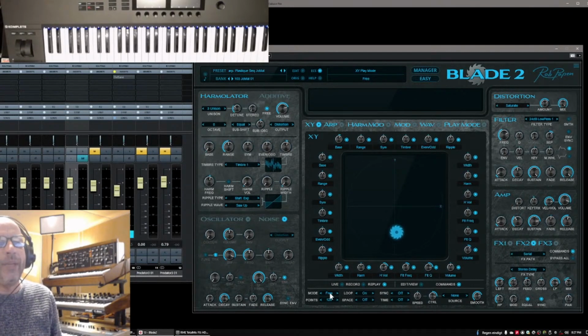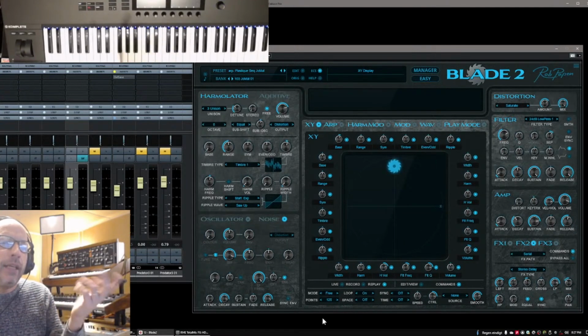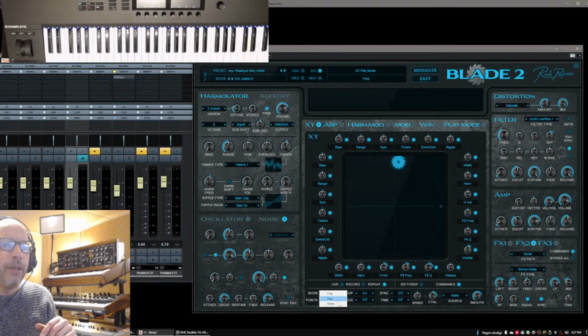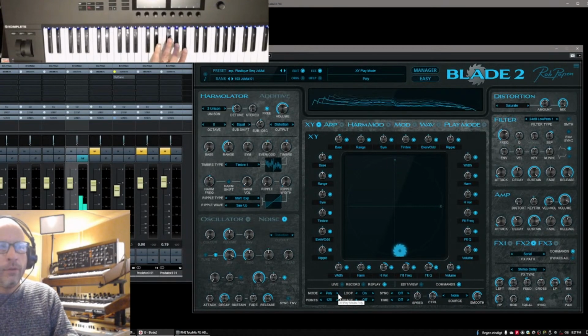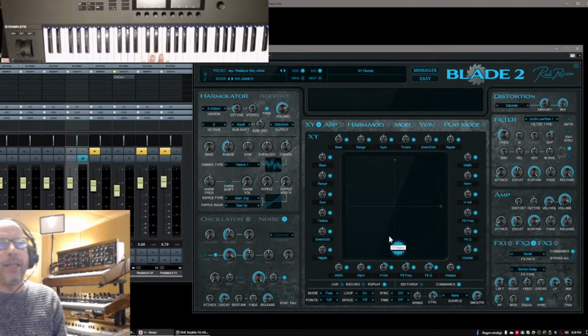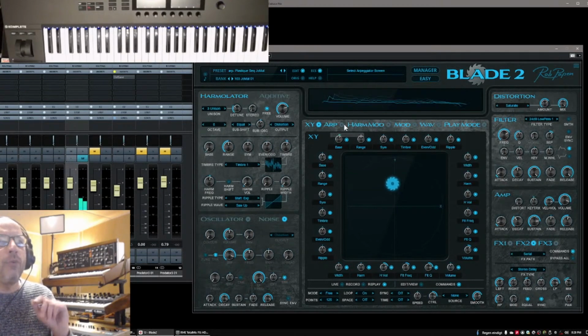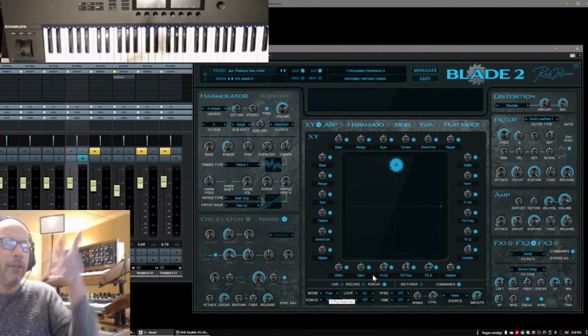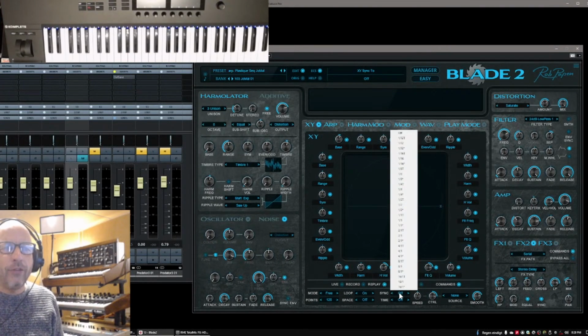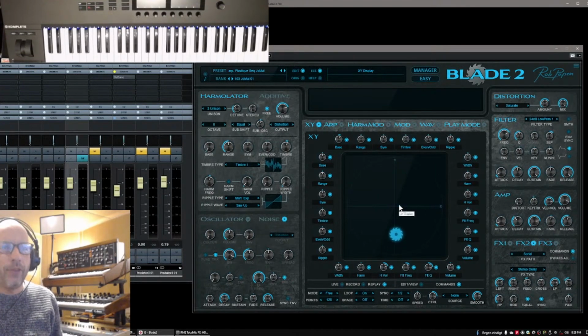You see the mode is free mode, which means that the movement doesn't reset if you hit a note. If I would pick a poly here, each time I hit a note, it does reset. And with the bass, the arpeggiator is of course free mode. That's also what happens if you put on the arpeggiator, the XY always jumps to free mode because then it moves around. Now what you can do here is give it a more MIDI time based thing,